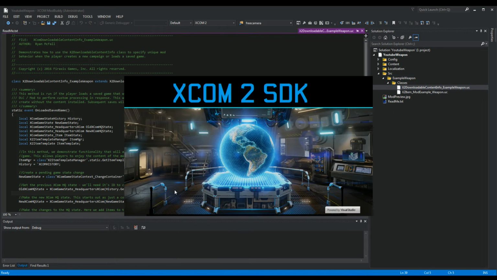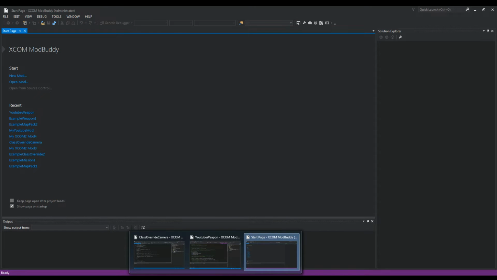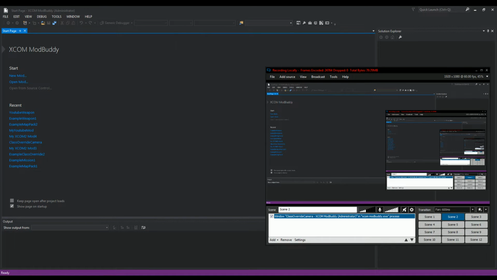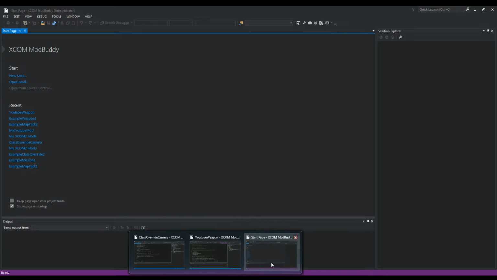So let me open up another. And if you want multiple instances of your Modbuddy running, just right click on it down here. See if I can see it. I'm not sure I can see it, but right click on it in your taskbar and then just select XCOM 2 Modbuddy application, and it'll load up a brand new instance of it without closing it, because you can't really do that through